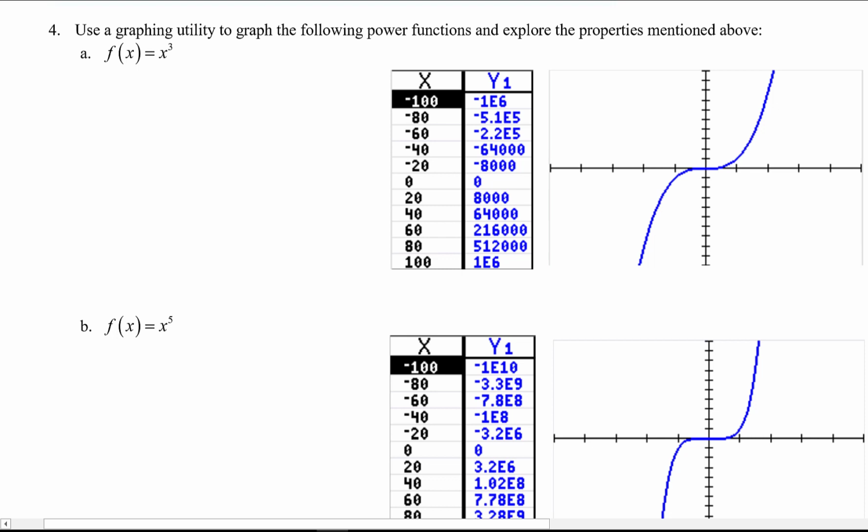So you can tell here as x goes to -infinity, y is going towards -infinity as well, because when we have something that looks like this, negative 1e6, that's actually scientific notation. It means negative 1 times 10 to the 6th power, right? So that means it's like you have a negative 1 times,